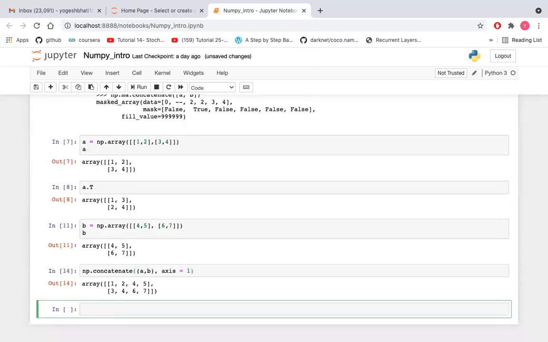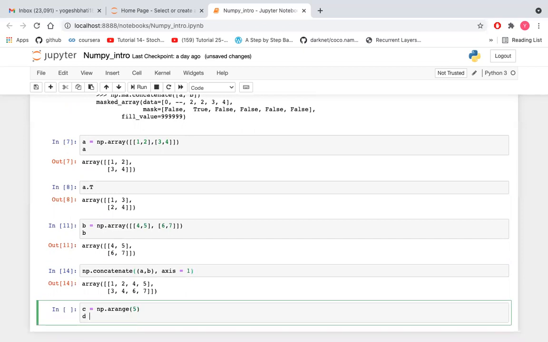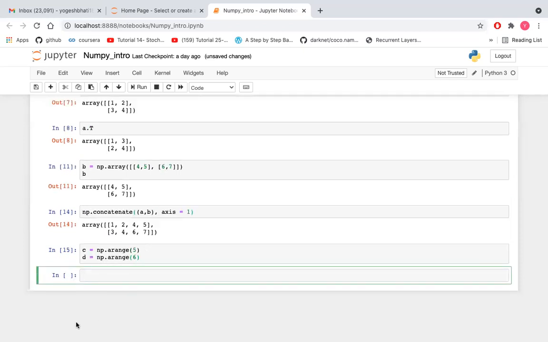Now let's create a different example. The np.arange function takes its value, and also create np.arange(6). Now concatenate both arrays, c comma d.